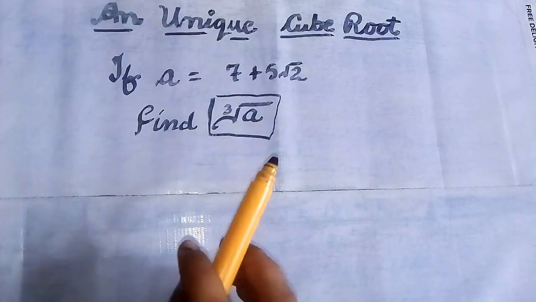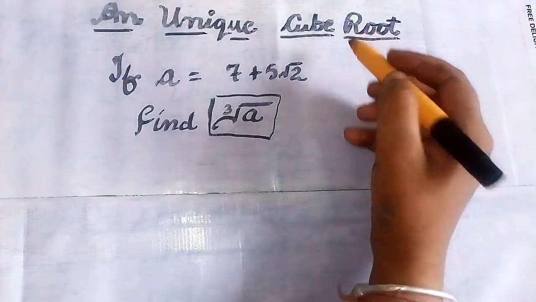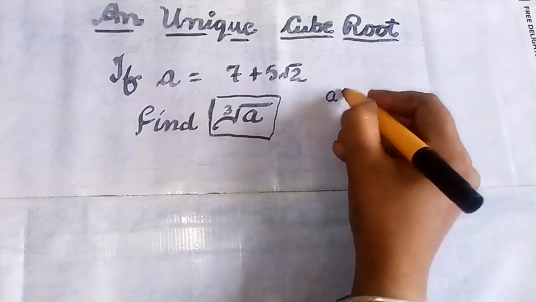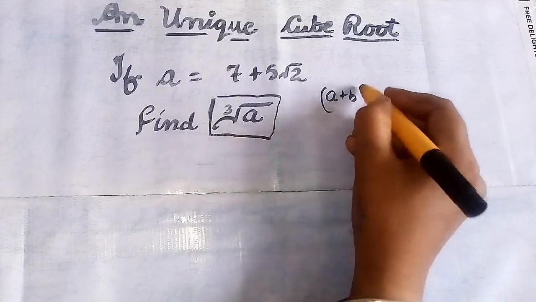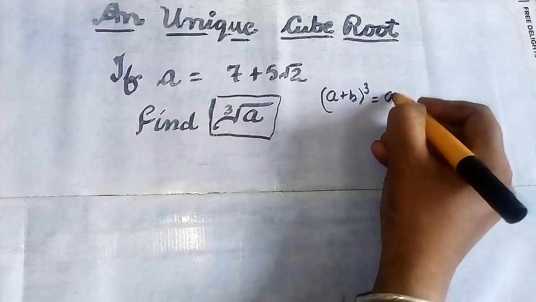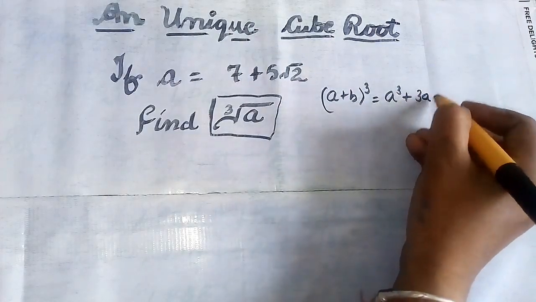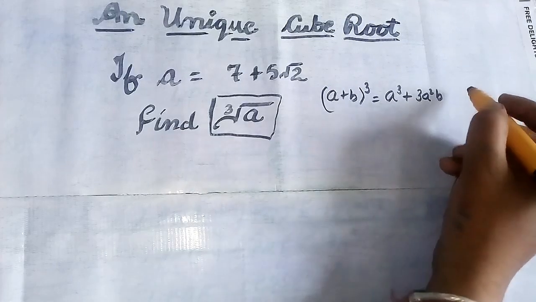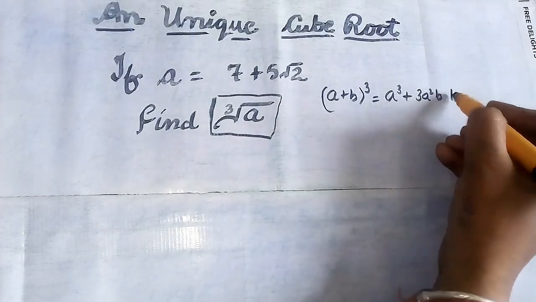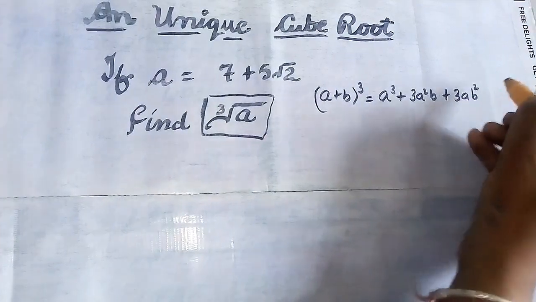Now let us see how we can solve it. So in such a situation, a cubic identity is the best solution. We know the cubic identity: (a plus b) whole cube equals a cube plus 3a square b plus 3ab square plus b cube,